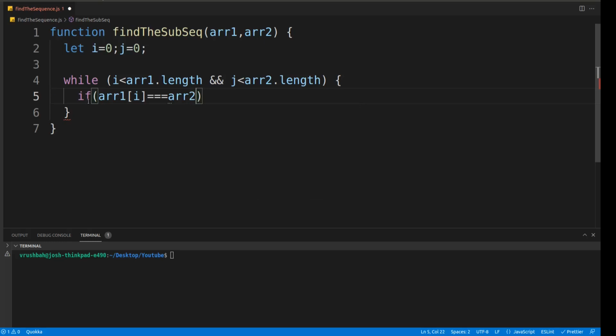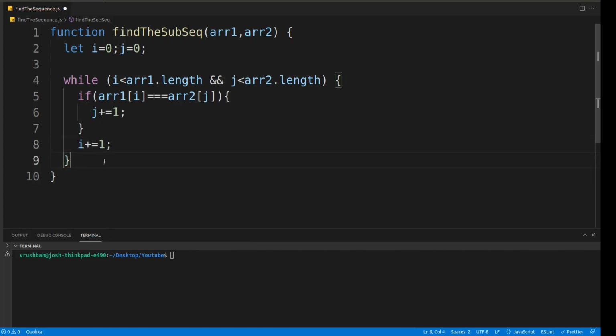If this is the case, we will be incrementing the value of j by 1. And it doesn't matter if elements are equal or not, we are always going to increment the value of i by 1, because it is the main array.